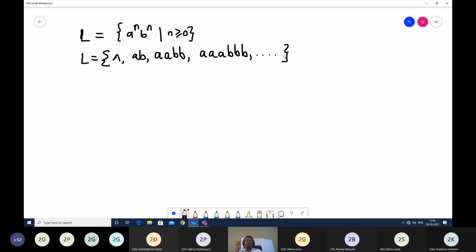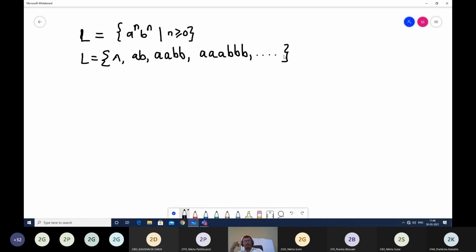Now, what are terminal symbols? I told you, terminal symbols we can link to our alphabet. In this particular example, what is our alphabet? It is A and B. So our terminal symbols for this problem will be small a and small b. And non-terminal symbols we will construct as per our requirement.